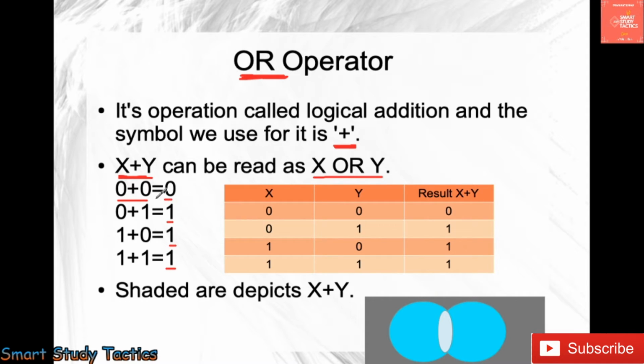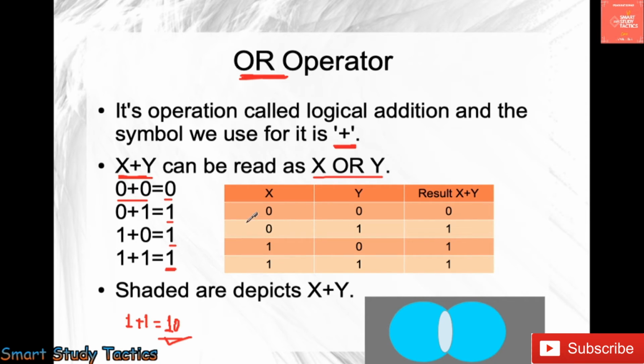It is simple math. 0 plus 0 equals 0, 0 plus 1 is 1, 1 plus 0 is 1, 1 plus 1 is 1. Remember the last one in particular: 1 plus 1 equals 1. In binary terms, if you do binary addition, 1 plus 1 becomes 10. If you have not watched my previous video on 1's complement and 2's complement in binary, go and watch that video to see how to carry the numbers.